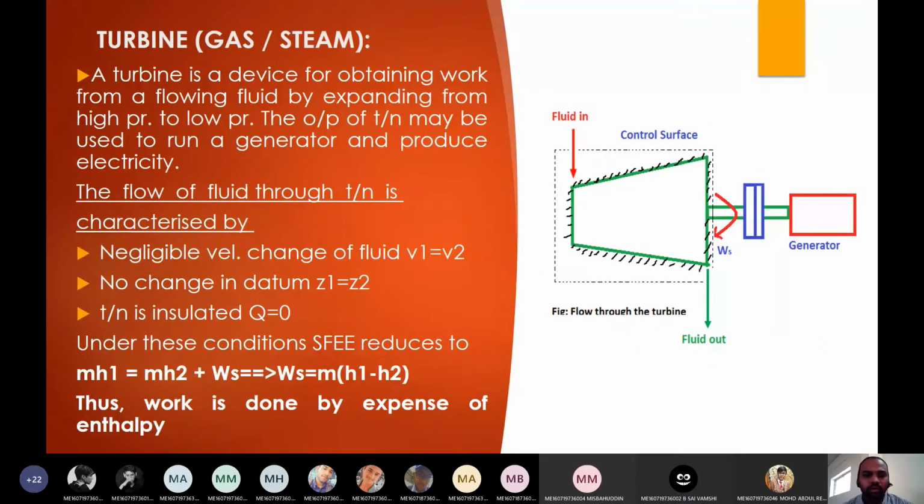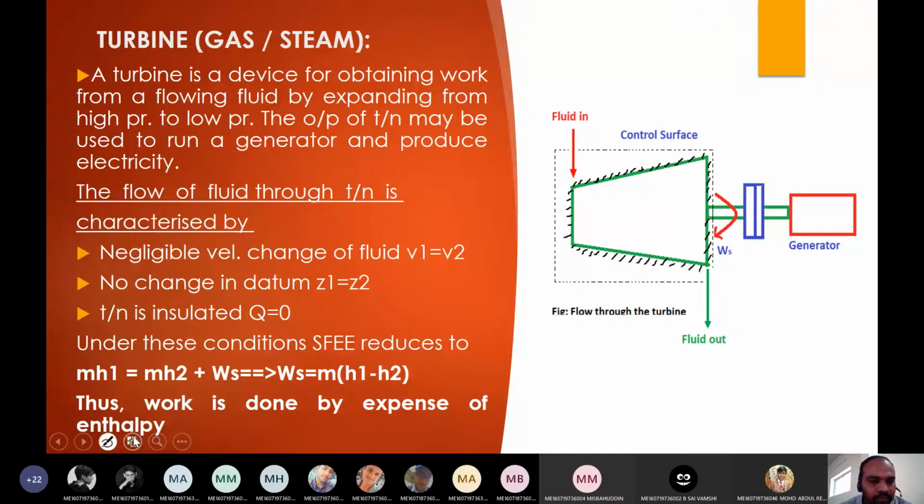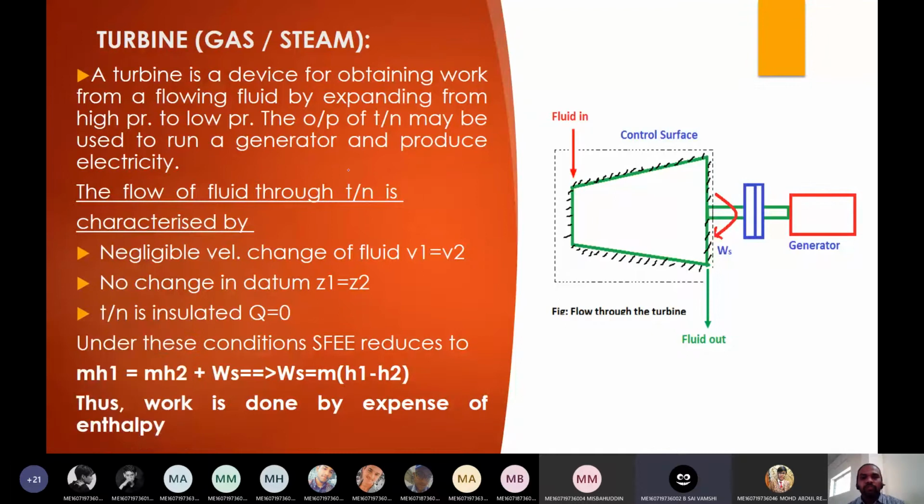Now we will discuss the turbine, right? How many of you diploma people, I think you might know, but regular people, what is a turbine? It is used to generate electricity with the help of water flow. It is a device which is used to generate power. Not only water. If it is a hydraulic turbine, water. If it is a gas turbine, gas. If it is a steam turbine, steam. We have different types of turbines, depending upon the input we are giving.